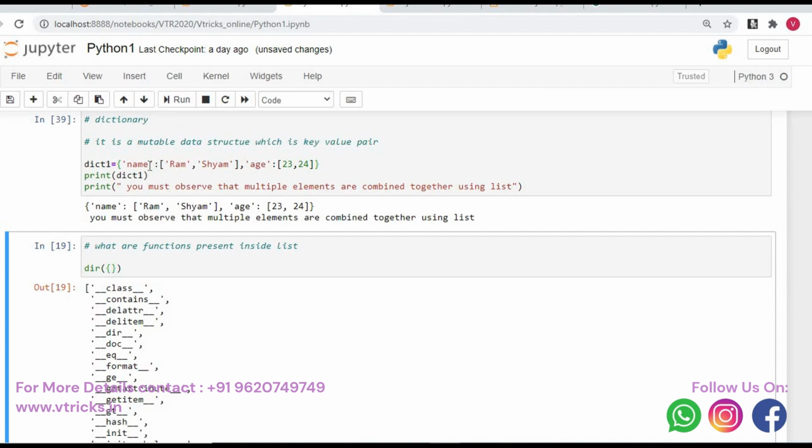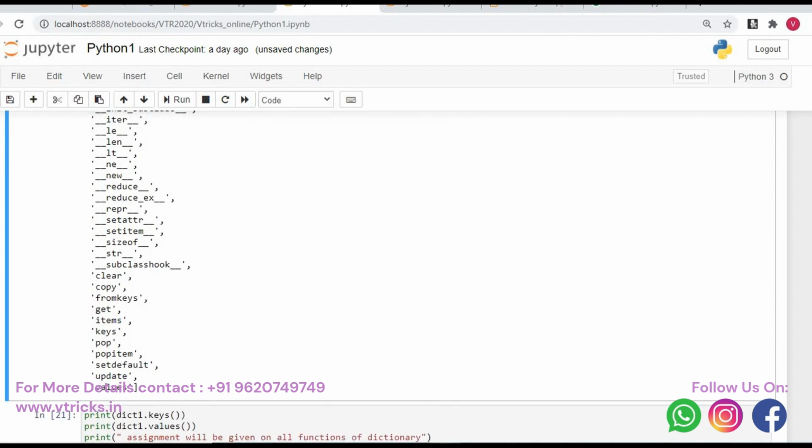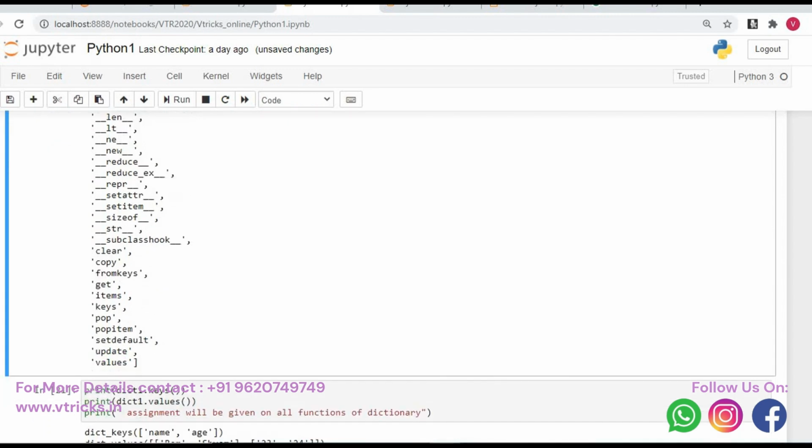Okay, so now I want to know what functions are present inside the dictionary. What is the function for that? Good, dir, which is dir of normal bracket followed by the flower bracket, because a dictionary is represented by the flower bracket, and a list is represented by, yes, the square bracket. So what are the functions present inside a dictionary? It is clear, copy, fromkeys, get, items, keys, popitem.